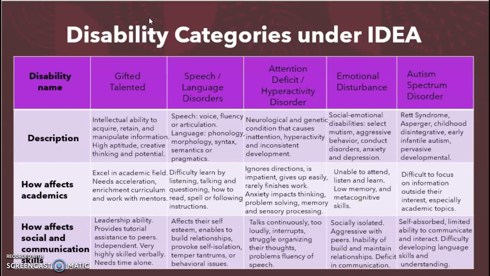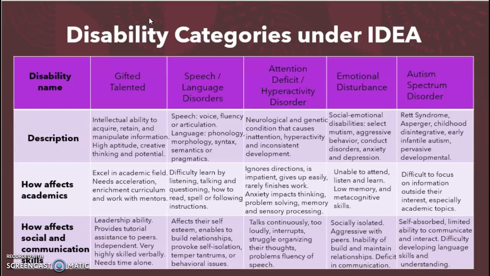In this work, I just picked 5 of these disabilities that you can see in this chart: gifted and talented, speech language disorders, attention deficit and hyperactivity disorder, emotional disturbance, and autism spectrum